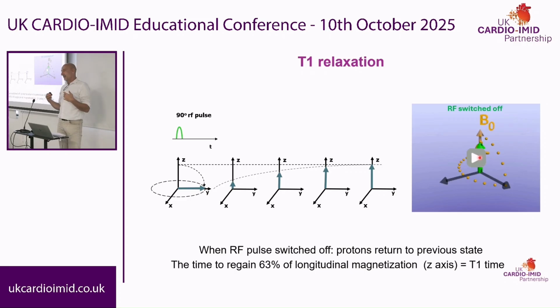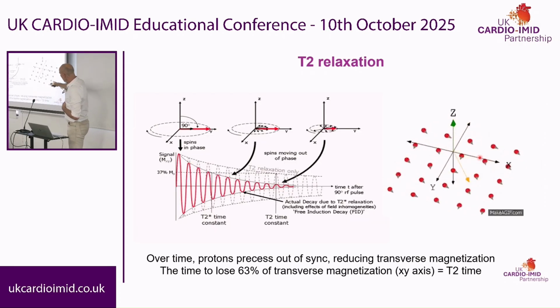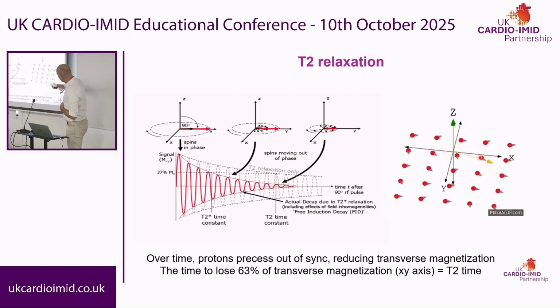We pick that up with the MRI scanner. We need to do a few tricks to understand where that signal comes from. That's basically T1. And then T2 is, you see the little soldiers here all spinning initially in step, and then